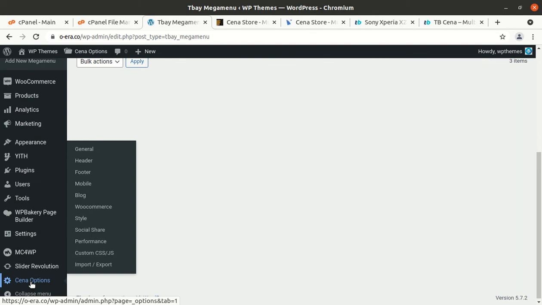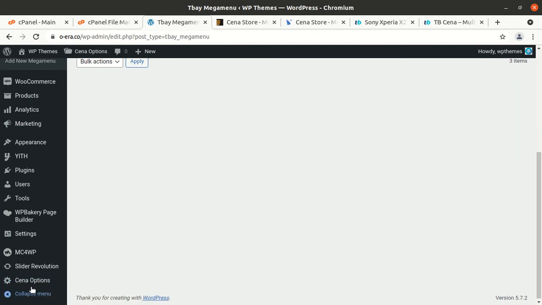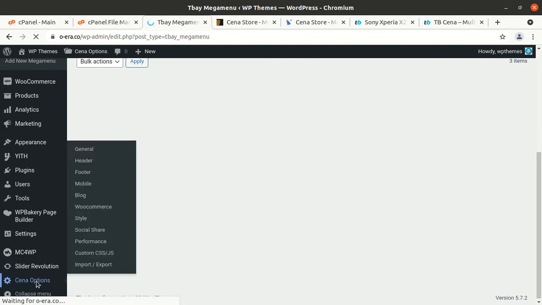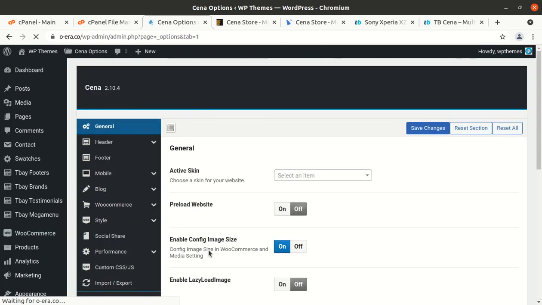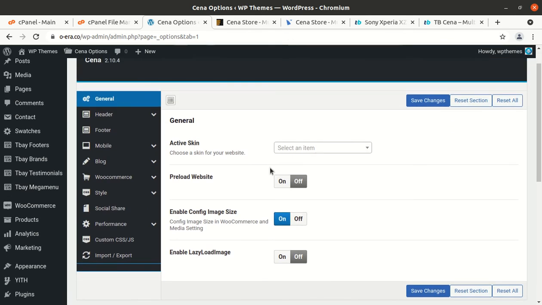Now I'll show you the Kena options, that is the theme options. It is going to give you complete control on your website. So it is important to watch all these features, and these are the general settings available in the theme control panel.